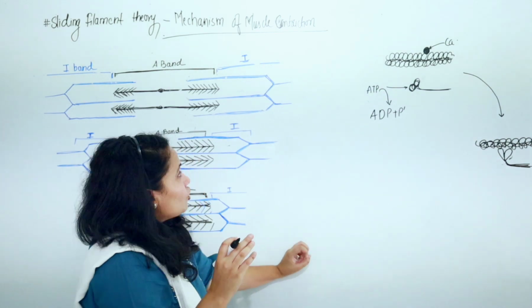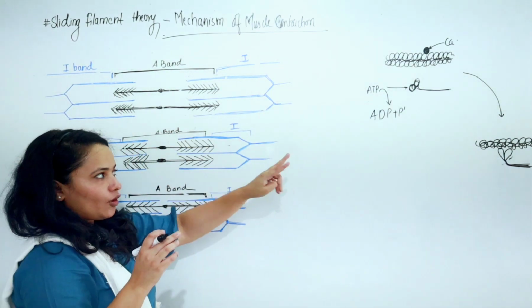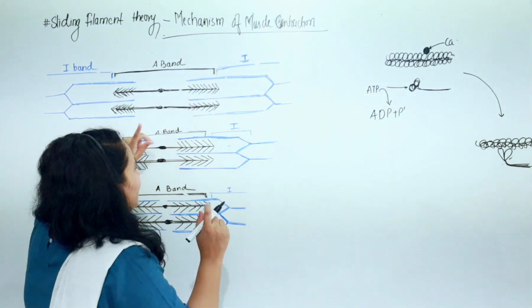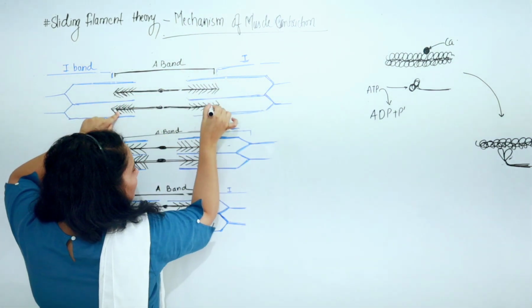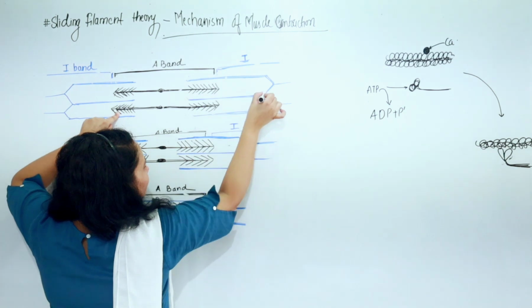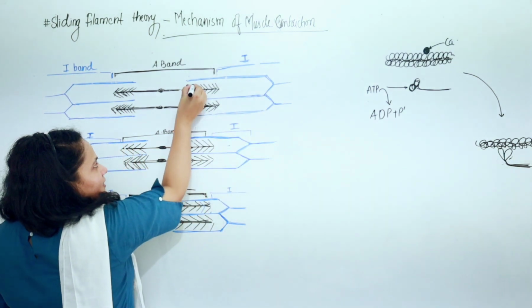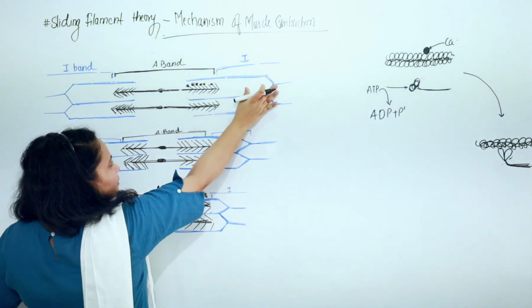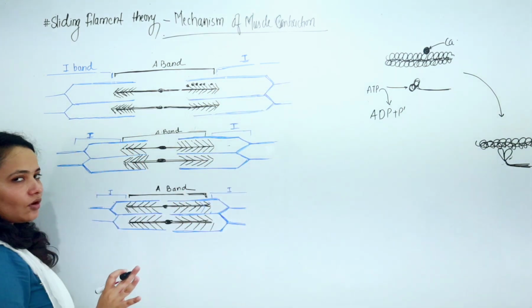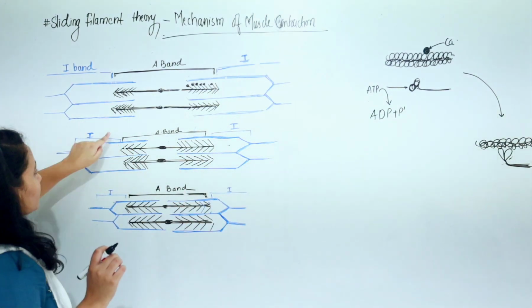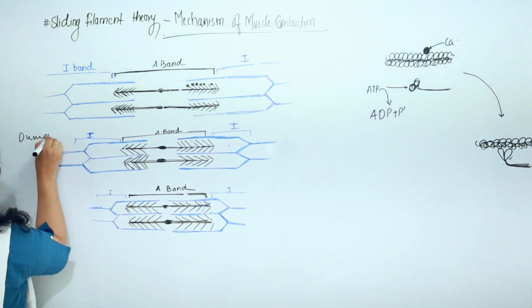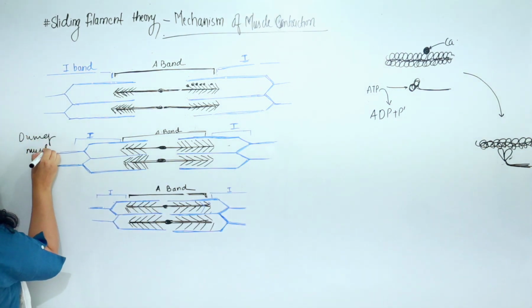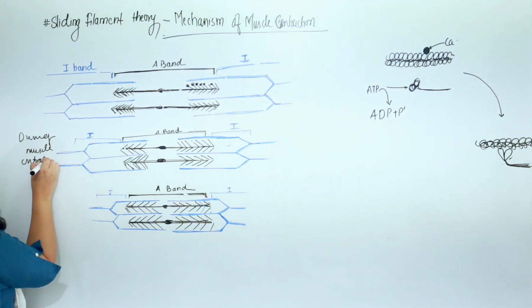Fine. So let us understand this. From that concept, let us understand this. Now we know that this is a thick filament and this is also a thick filament and this is a thin filament. So let us consider that these are the heads. Now this is during the relaxed condition of the sarcomere. Now this starts during muscle contraction. What happens?